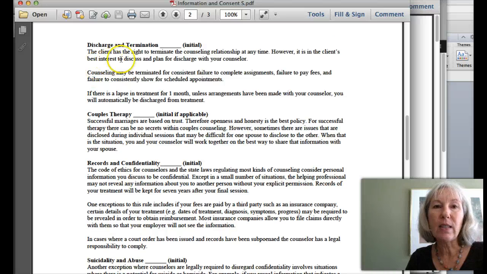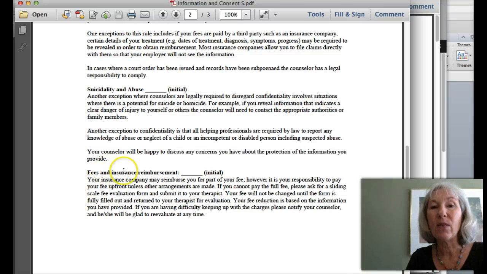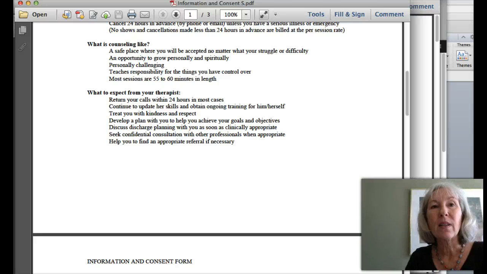I have included a place for the client to initial where the information was really important, to make sure they had read and comprehended discharge and termination, couples therapy, records and confidentiality, suicidality and abuse, and of course fees and insurance information.